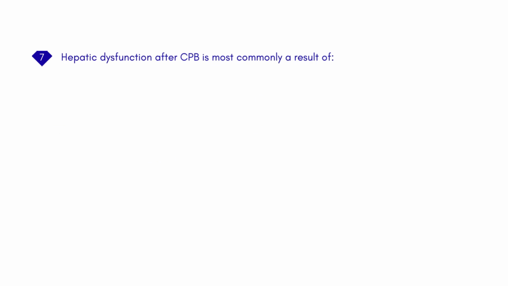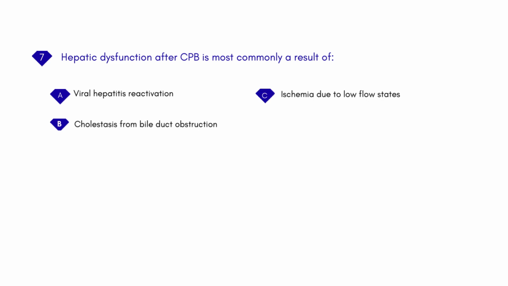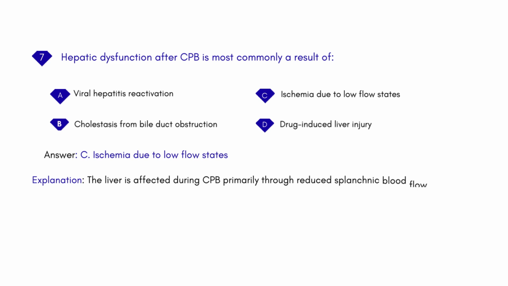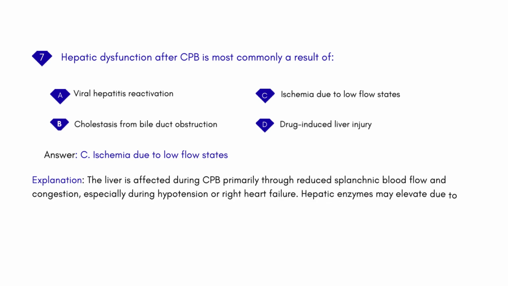Hepatic dysfunction after CPB is most commonly a result of: A. Viral hepatitis reactivation. B. Cholestasis from bile duct obstruction. C. Ischemia due to low flow states. D. Drug-induced liver injury. Answer: C. Ischemia due to low flow states. Explanation: the liver is affected during CPB primarily through reduced splanchnic blood flow and congestion, especially during hypotension or right